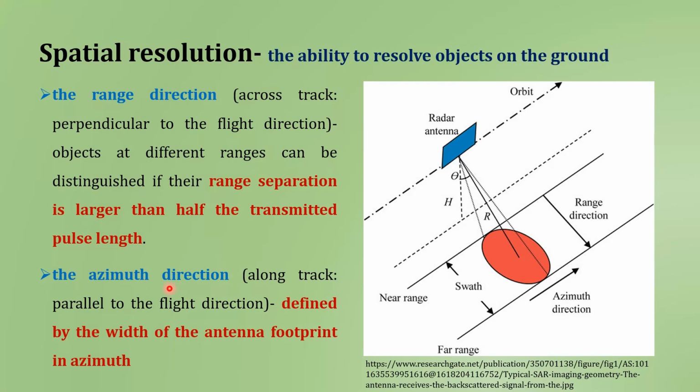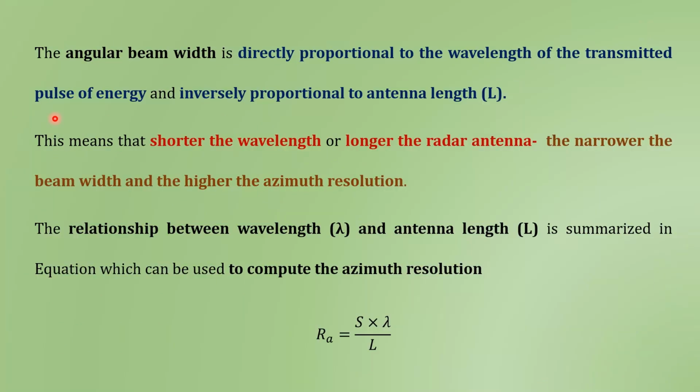The second is the azimuth direction, that is along track or parallel to the flight direction, and it is defined by the width of the antenna footprint in azimuth. In azimuth resolution, the angular beam width is directly proportional to the wavelength of the transmitted pulse and inversely proportional to the length of the antenna. It means the shorter the wavelength or the longer the radar antenna, the narrower the beam width and